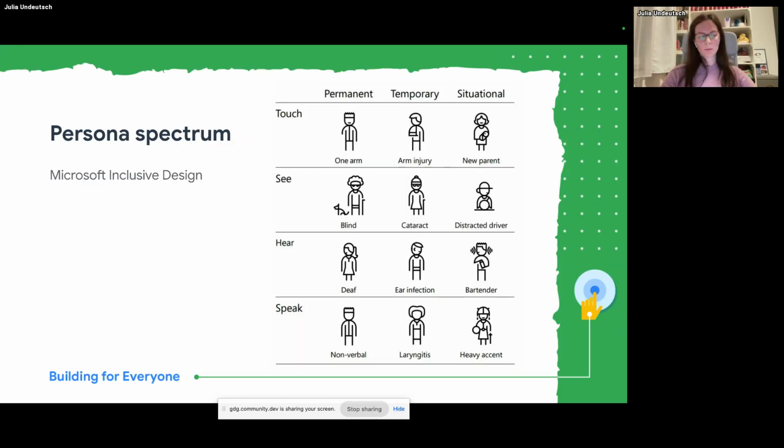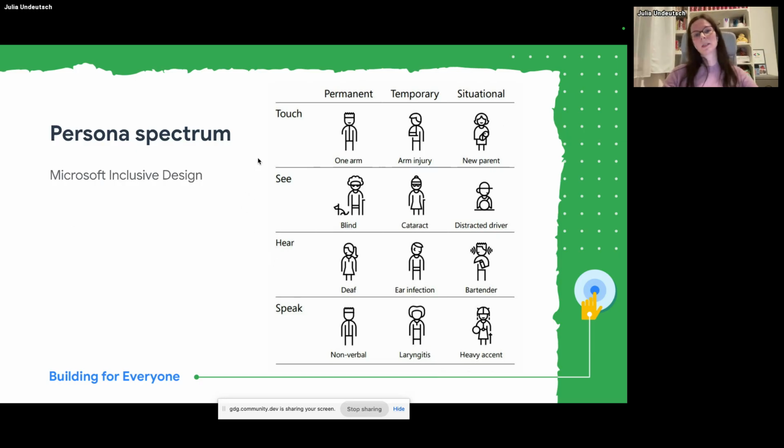And I can share with you the Microsoft Inclusive Design, because there is a misconception that most people think, yeah, okay, there are only a few blind people out there, only a few people in a wheelchair, so it's not that much of an impact. But that's actually not true. And I think that the Microsoft Inclusive Design kit shows it very well, that the misconception of a disability that is a permanent situation is simply not true. It can also be temporary or situational.